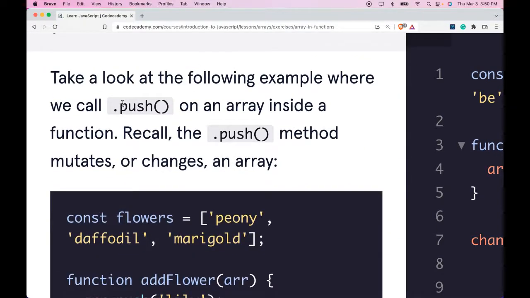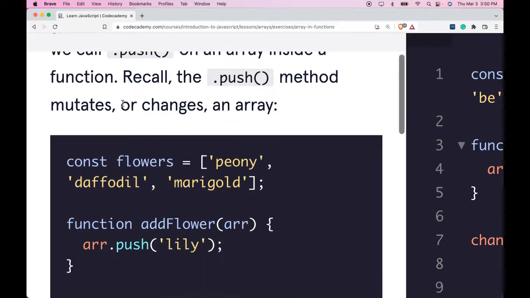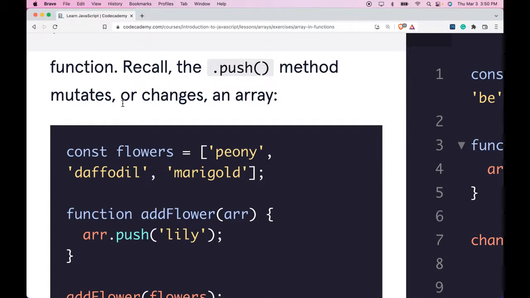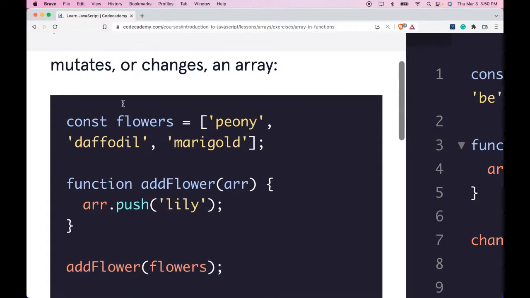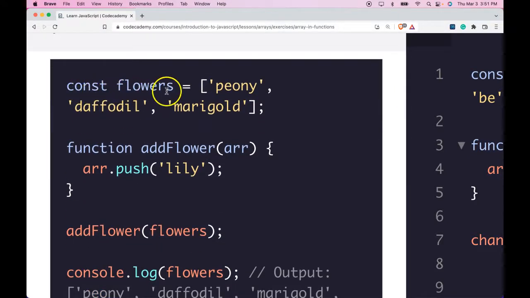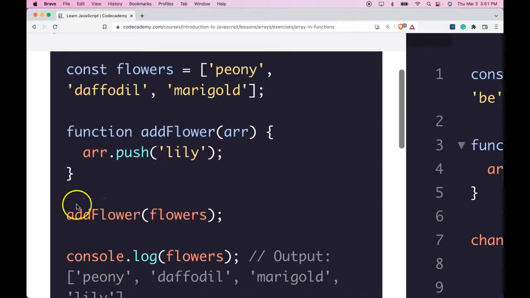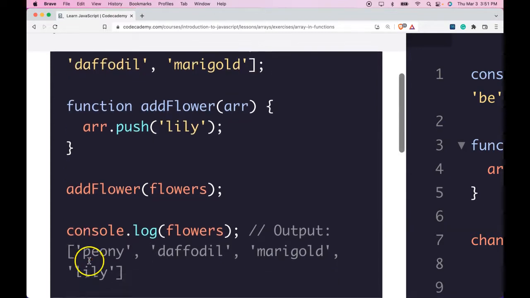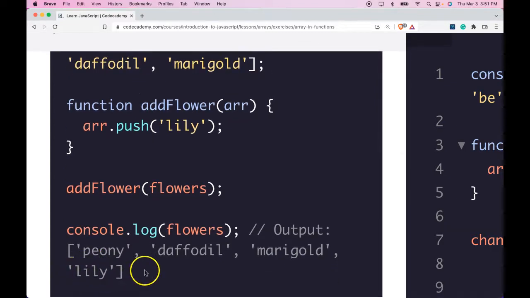Take a look at the following example where we call .push on an array inside a function. Recall, the .push method mutates or changes an array. Here we have const flowers, that's an array of flowers. Here's a function addFlower, which takes one parameter of r. When we call addFlower, it's gonna grab r and push Lily to the end of it. When we run addFlower here, we pass in flowers, so it should add Lily to the end of that